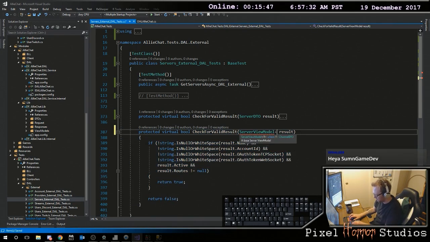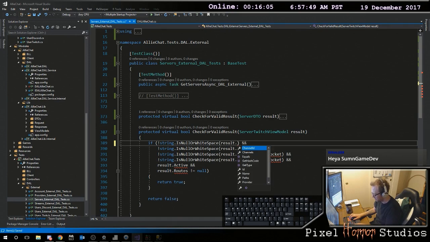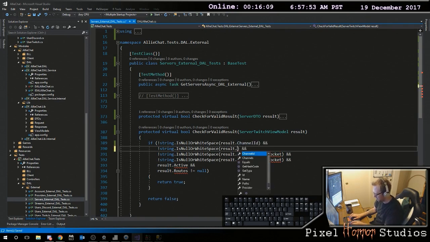So it says that this server view model requires a type of channel, so that's fine. So I think that you are actually making this a Twitch server. So you're going to say if your result is not null of your channel ID and it's not null of your name,